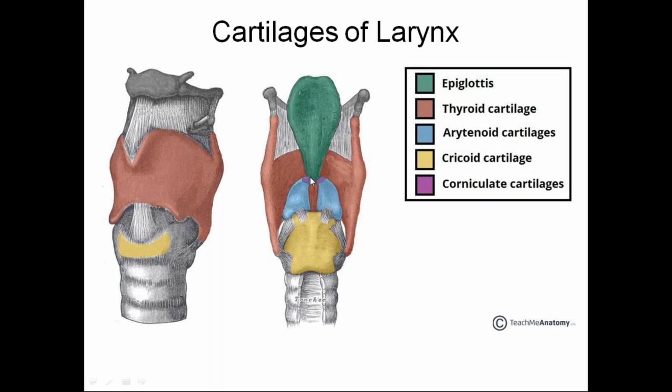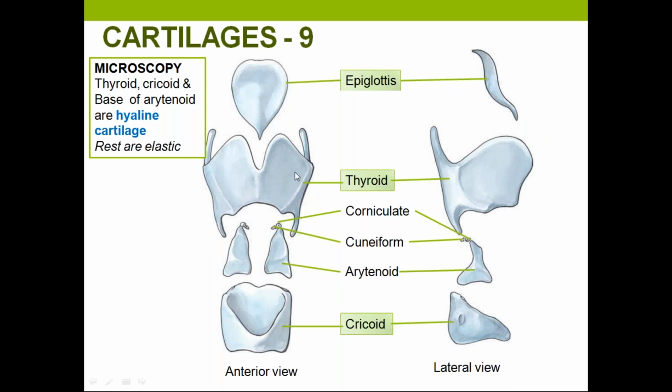In the next picture you will see, you can see individually each cartilage here. This is the thyroid, which is shield shaped, and you can see the leaf shaped cartilage epiglottis, and signet ring shaped cartilage cricoid, and this is the pyramid shaped cartilage arytenoid, and you can see the corniculate and cuneiform